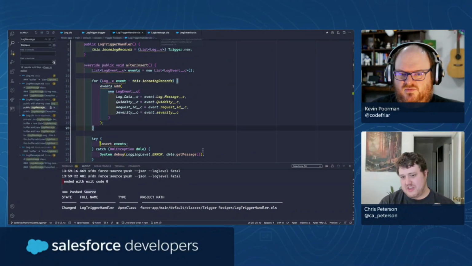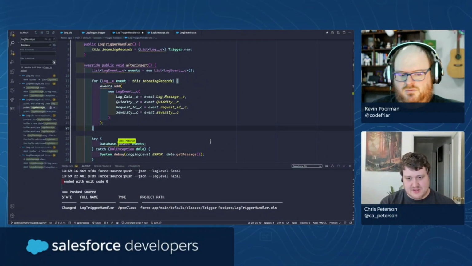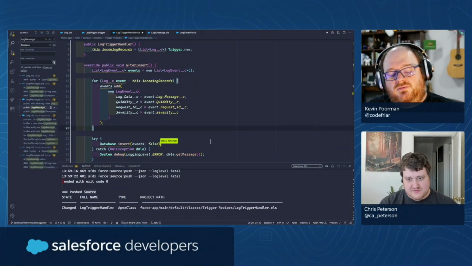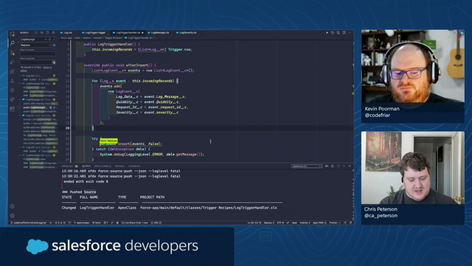It's saved. And so now we should do something to test this, I would think. I do have one other thing. I think I want to change one last thing real quick. I want to make it so that we do partial saves. So this is the all or none flag for Database.insert, which means if any of the events can be inserted successfully, do it. And that means we will get back a list of Save